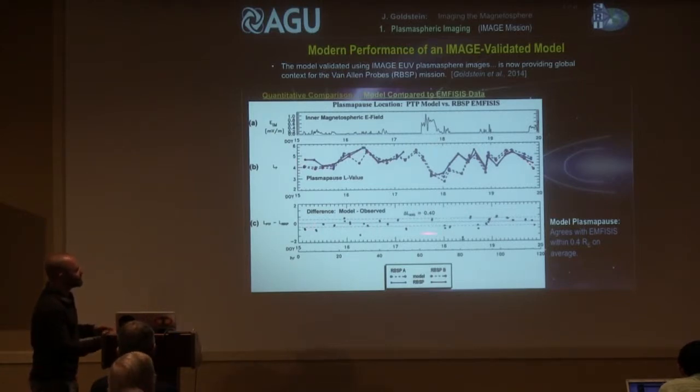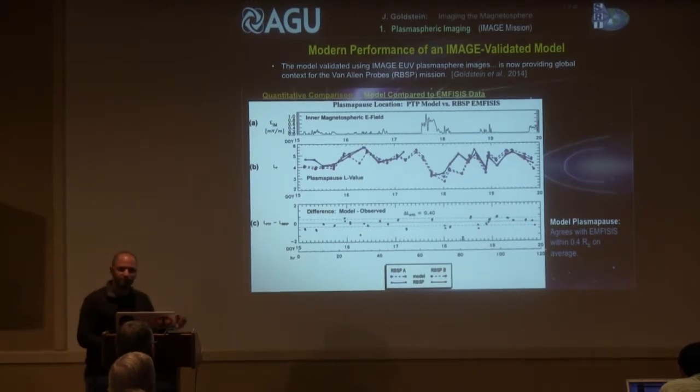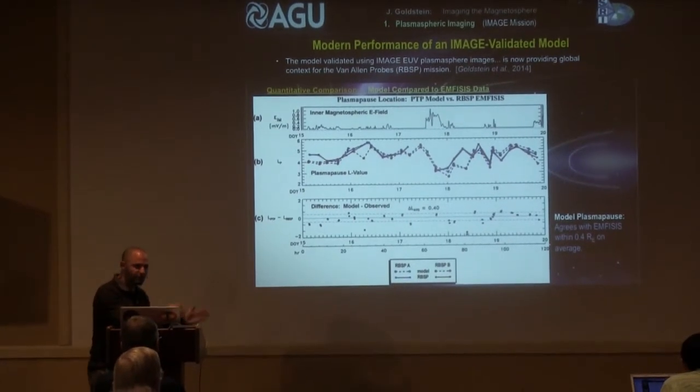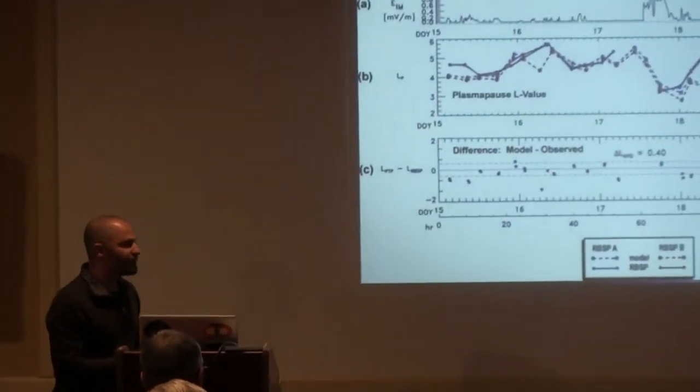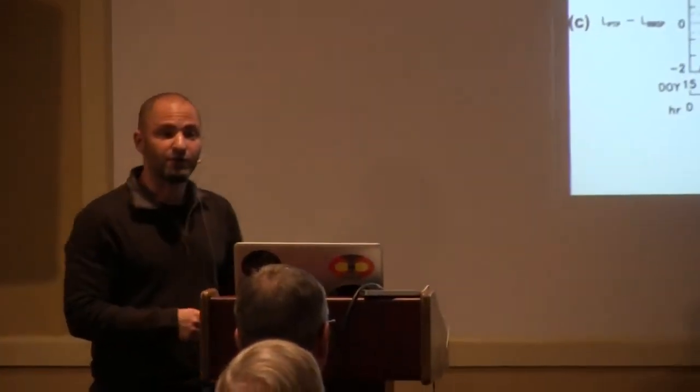On average, it's disagreeing from the observations with the virtual spacecraft versus the real spacecraft observations of the 40 per cc plasmapause by about 0.4 RE. I think that's pretty darn good considering how, pardon me for saying this, how crappy my model is. I think it's a really, very overly simplified model, and yet with just such a simple model, you can do